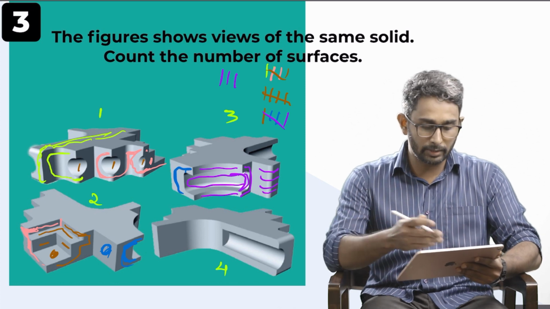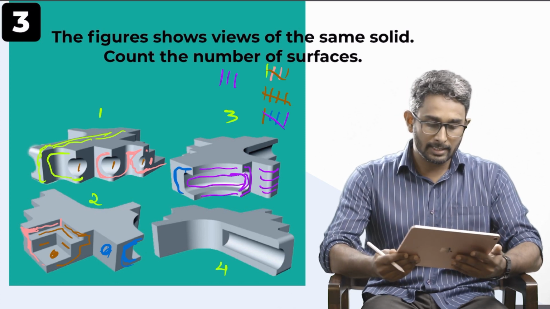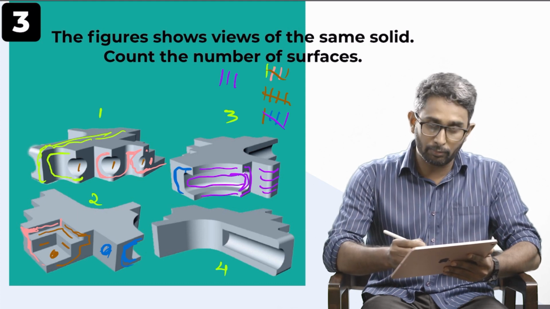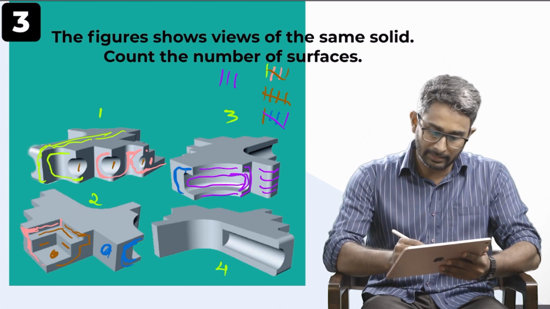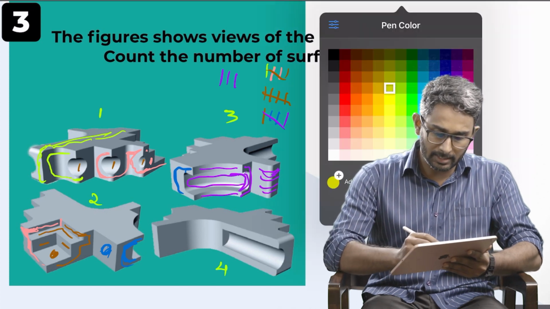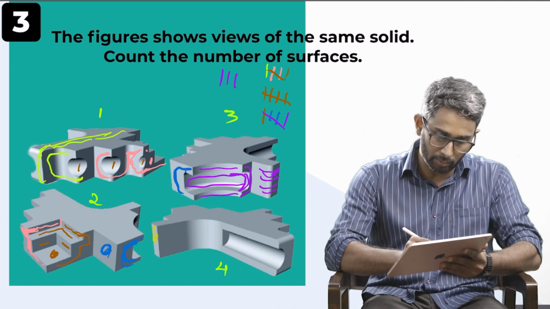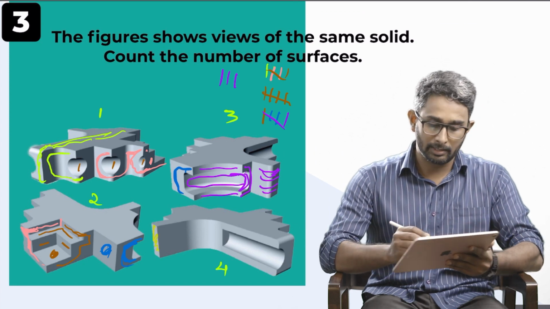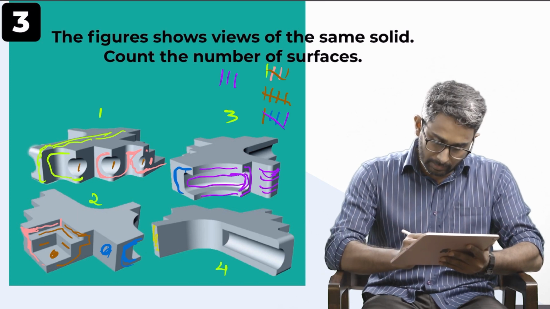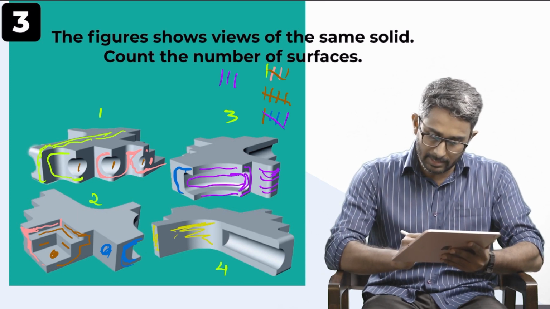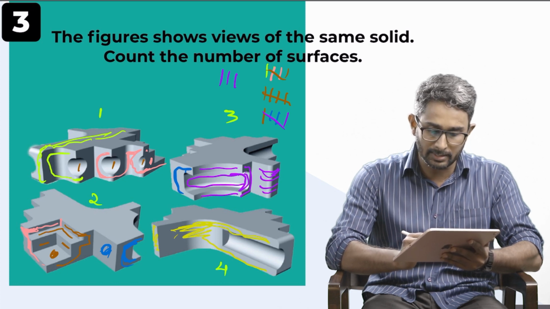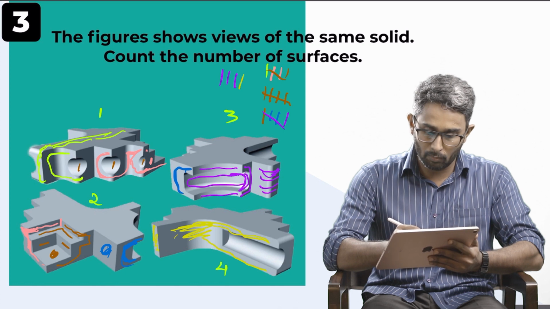Now we will move on to the fourth and final view of the solid. Okay, so again we have to look for the continuation. This shape is actually continuing over here. So you need not count this shape. We have already counted it in the third view. Okay, so now let's see this one. This is a single surface. The whole surface is a single surface because of this curvature. I am marking it as 1.